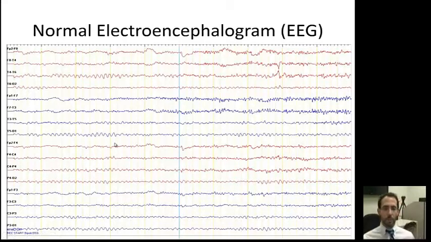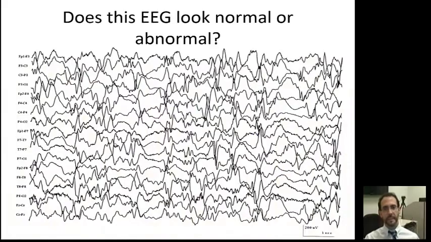Now, there's one way to increase that background, and it's by asking the patient to close their eyes. So once they close their eyes, the background will definitely be higher. If they open their eyes, some degree of dispersion occurs, and you won't be able to see those brainwaves as well. And then what is this? Does this look normal at all? I mean, definitely not.